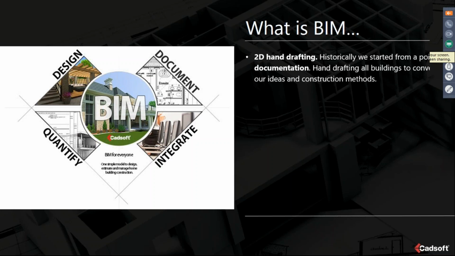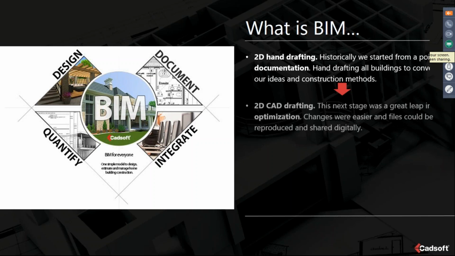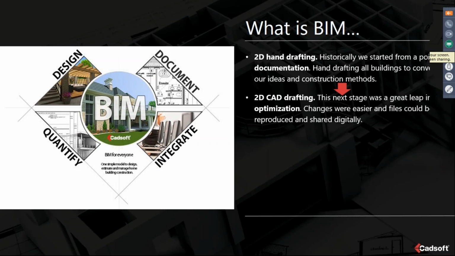Well, if we look throughout history, when people first started drafting and doing design work for the housing market, it was a process of 2D hand drafting. So it was documenting the design so that we could ultimately build it out on site. And then it progressed into 2D CAD drafting, where we optimized that process so that we could draw more efficiently, be able to erase lines, make changes on the fly in a 2D CAD package,